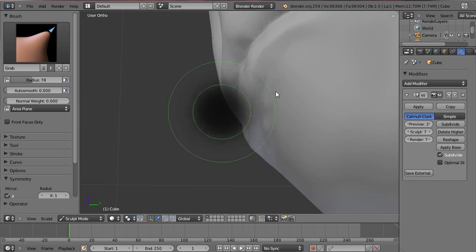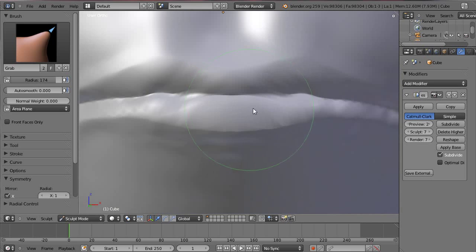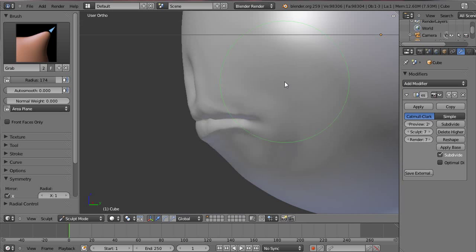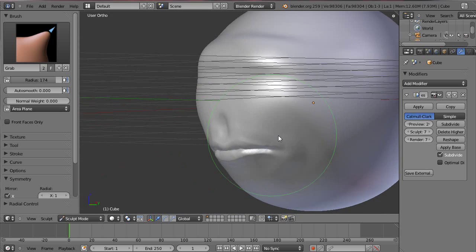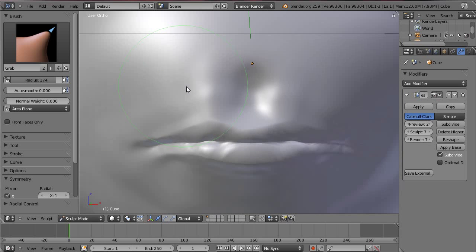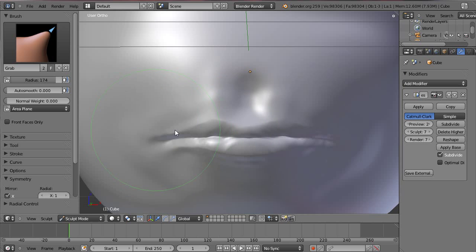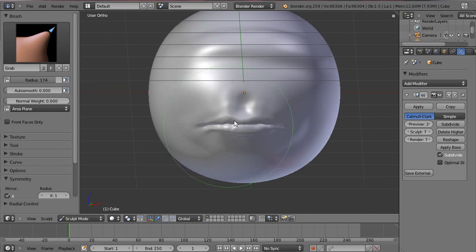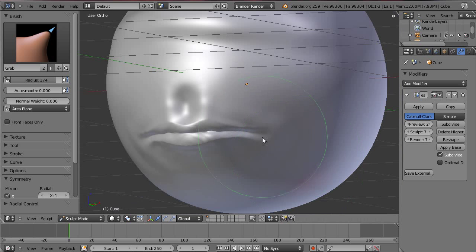I'm going to make a fairly big grab there, just bring that out a bit. So yeah, they're starting to look like a pair of lips now. I suppose the more work you put into them, the better they'll look. I'm working on a fairly small area on a pretty big thing, so it's not getting a lot of geometry in there.